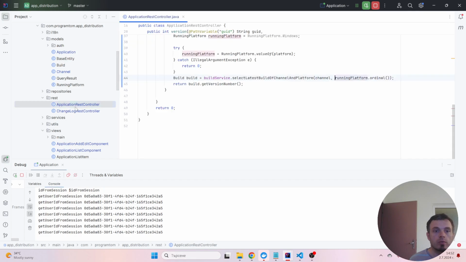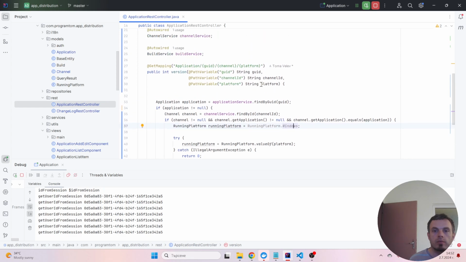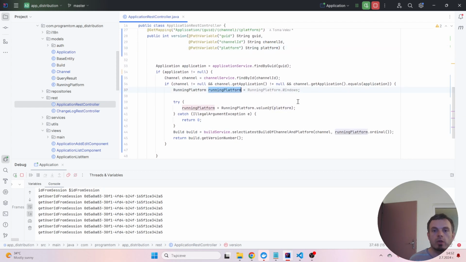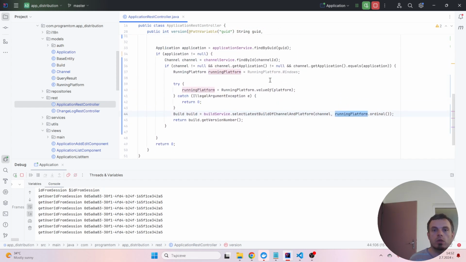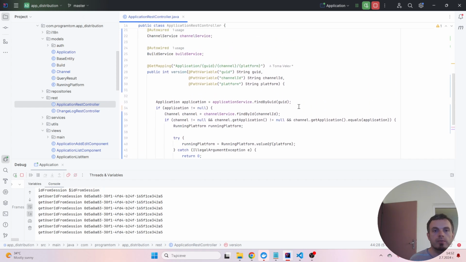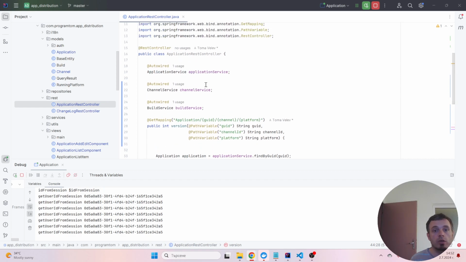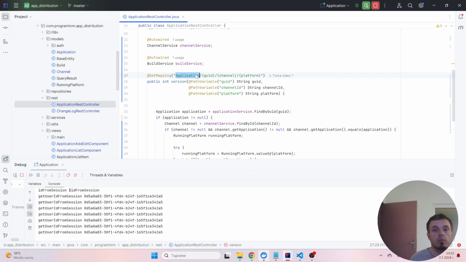I'll finish here. It's running platform, return version number. So I need to download it as binary. I need to have an endpoint here, similar to this,